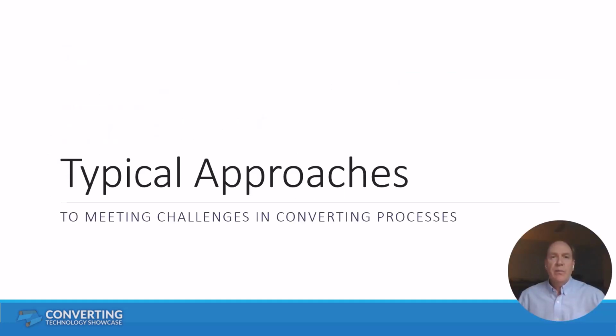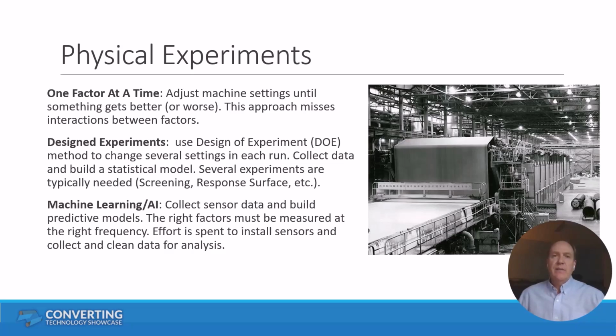So what are some typical approaches to meeting challenges in converting processes? Let's take first the concept of physical experiments. Now, experiment might be a generous term in some cases. These tests that I would call guess and test or trial and error or one factor at a time,